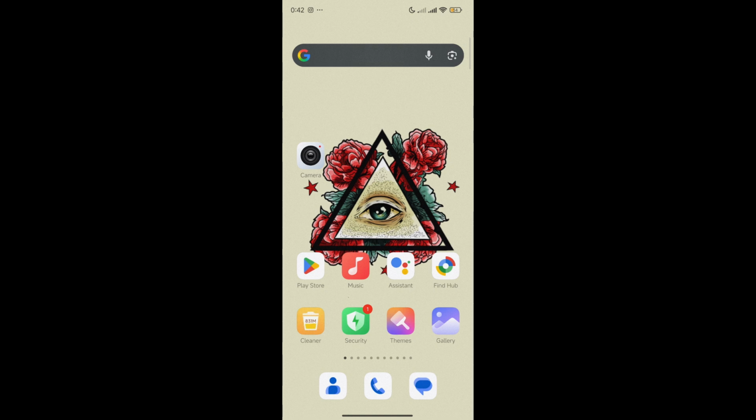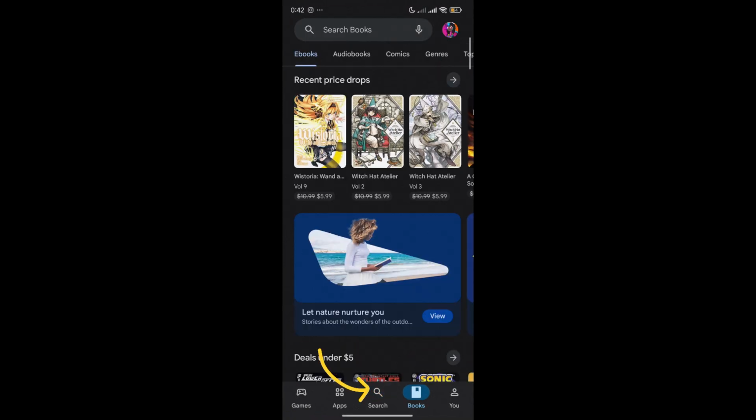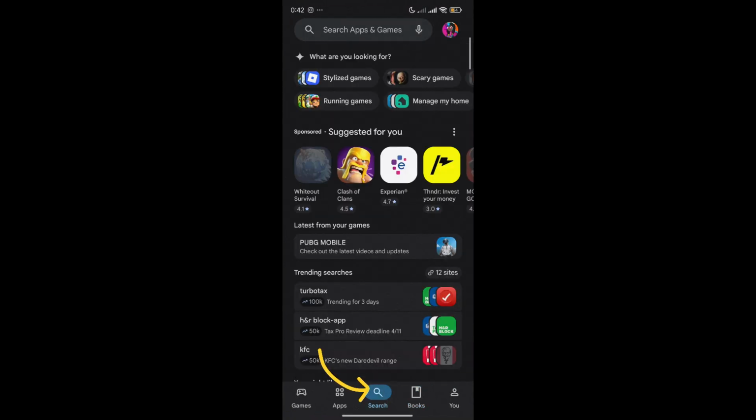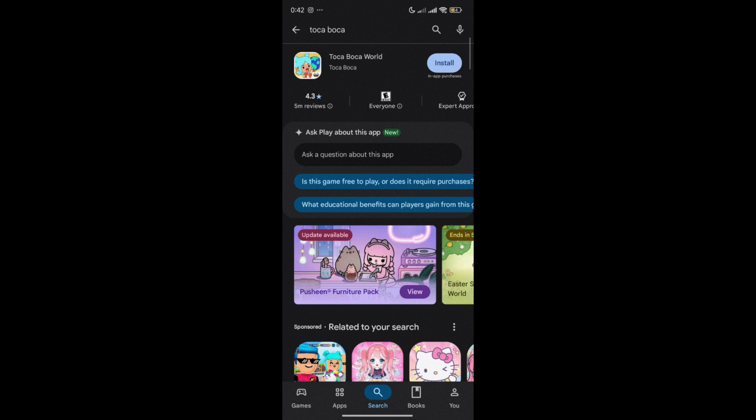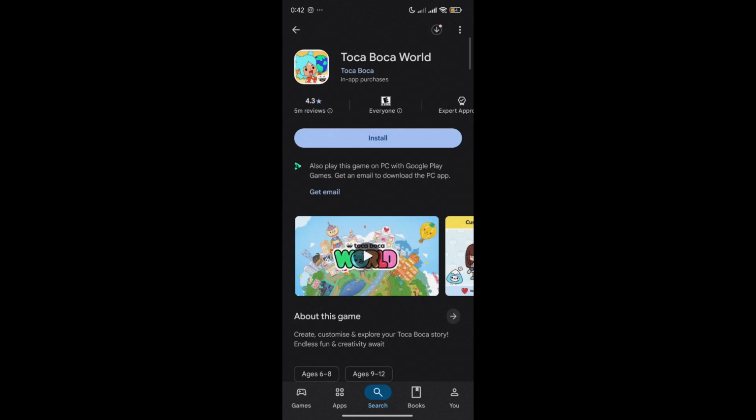Now, first things first, we need a Play Store since we are on our Android. So just simply open up your Play Store. Once you open it up, here below you should be seeing the search bar right here. Just simply type in Toca Boca, and the first result you should be seeing is Toca Boca World built by Toca Boca. So you can just simply select that, and here you can just simply directly select install or scroll down